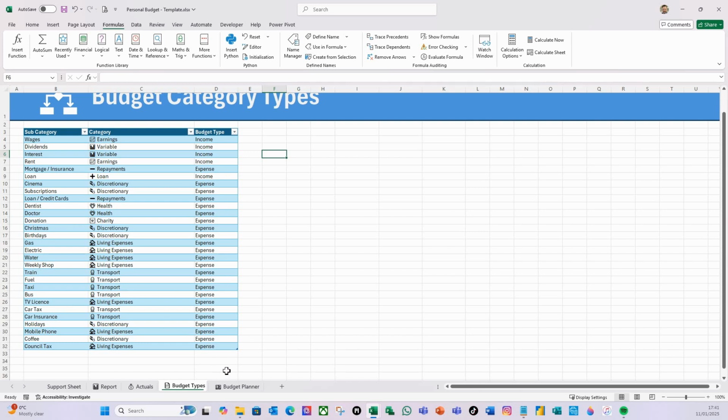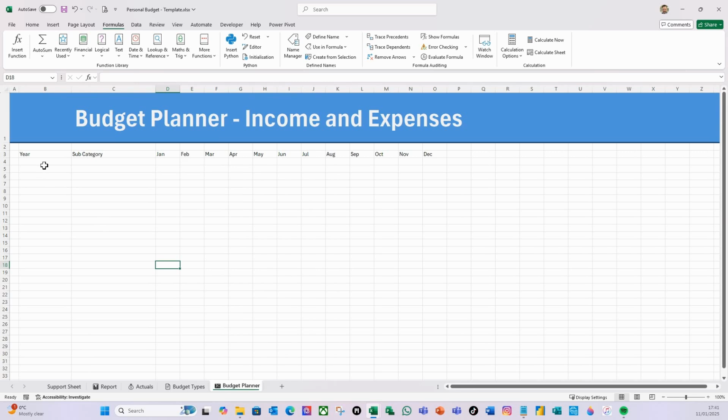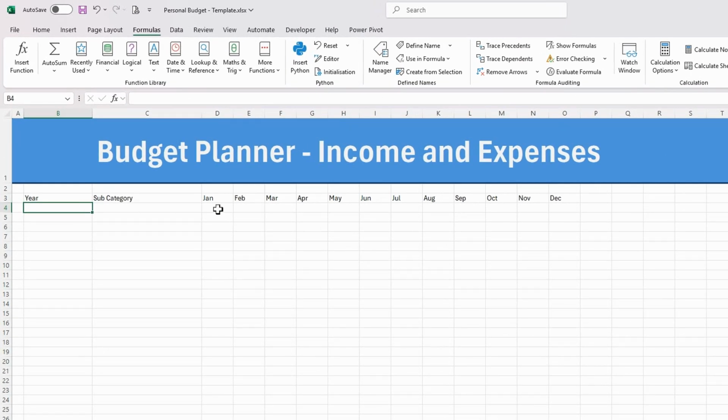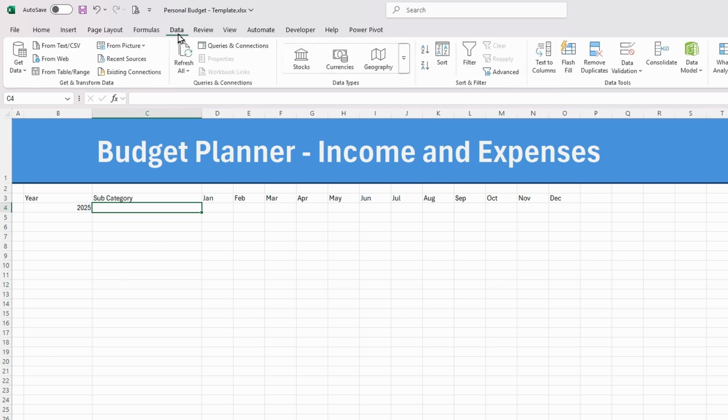So let's look at our budget planner and let's create this table here. The first thing I like to do whenever I'm creating a table is I'll do the first row and play around with the formatting, and once I've got that, I'll then turn it into a table. So here it's going to be for 2025. I want subcategory here, so I'm going to go to data